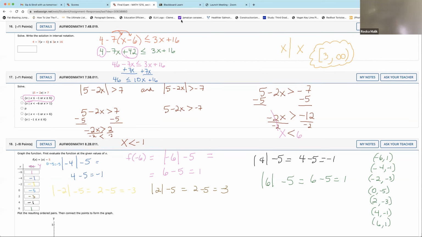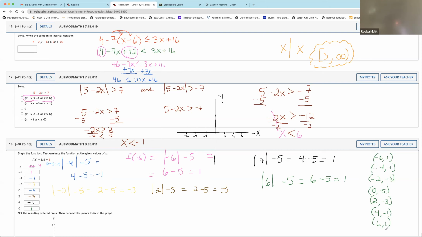Move here, because if I move it now, I'll move all this stuff. So this is my coordinate plane. My x's go from -6 to +6. I'm going to do -2, -4, -6, and on the other side, 2, 4, and 6. My y values